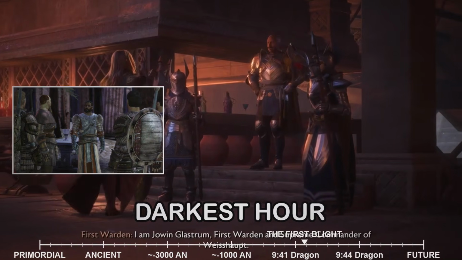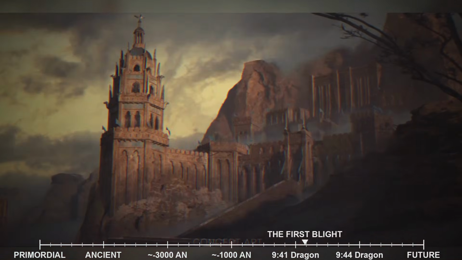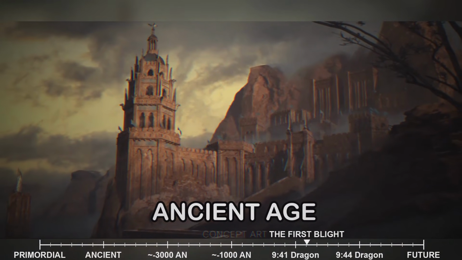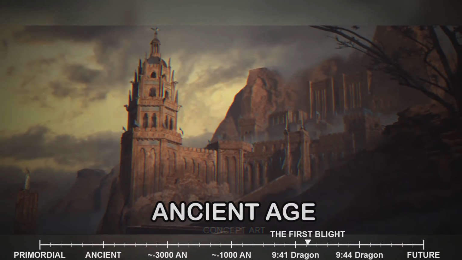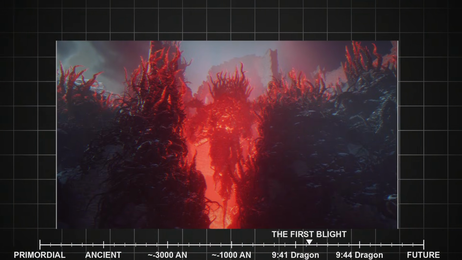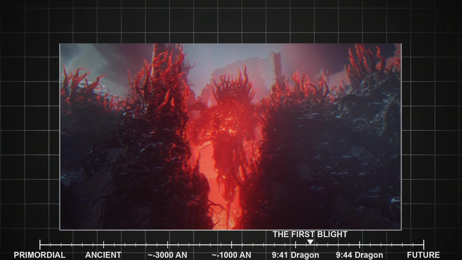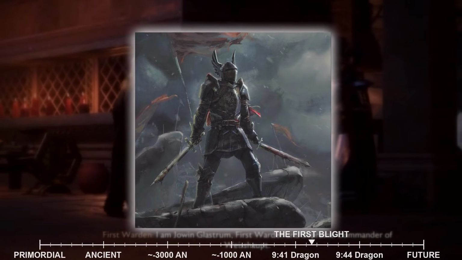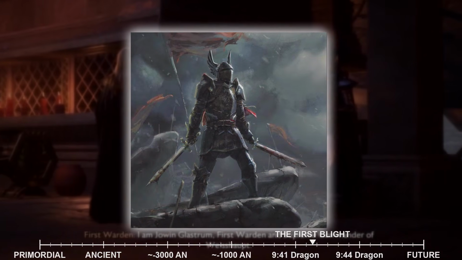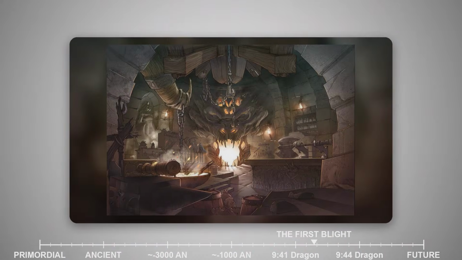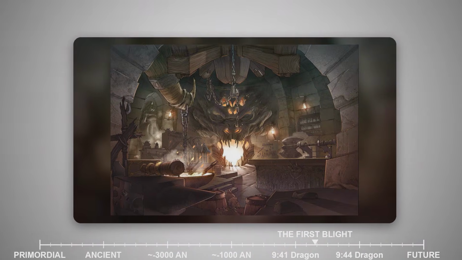In the year 992 of the Ancient Age, approximately 200 years after the Blight began, a coalition came together at Weishaupt in the Anderfels, one of the regions most devastated by the Darkspawn onslaught. Mages and warriors from every race, human, elf, and dwarf, united with a single purpose, to fight the Blight and find a way to end it. They were led by a group of visionaries who understood that conventional warfare had failed and would continue to fail. Something more was needed, something that could match the Darkspawn's own corruption with a weapon forged from that same darkness.